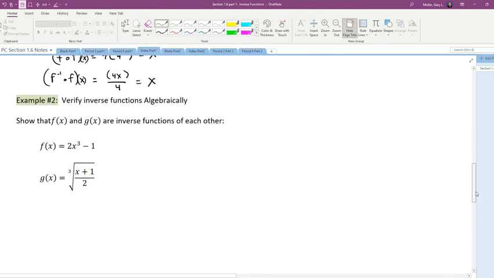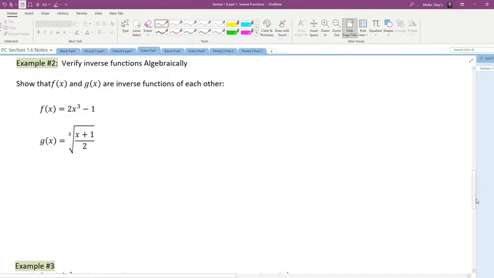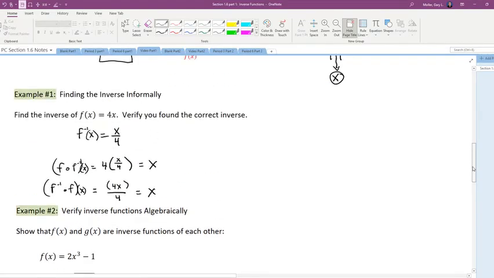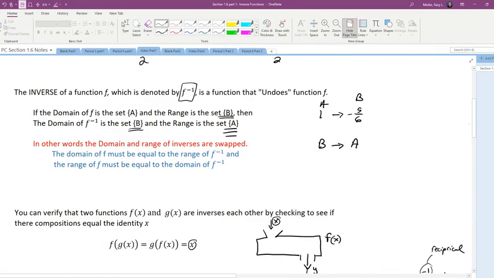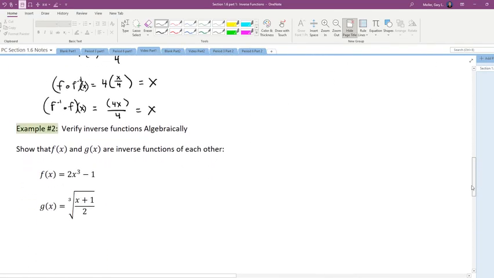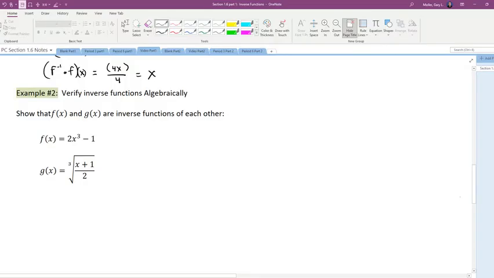So that's great, but we need a way to do it as the problem gets more complicated. And so what we do is come back to this statement that we just quickly discussed right here, that inverse functions are just ones that have your domain and range swapped. Here it is here in red. The domain and range of inverses are swapped. The domain of f must be equal to the range of the inverse, and the range of f must be equal to the domain of the inverse. X and y get swapped. Which means if we want to find these algebraically, then all we have to do,